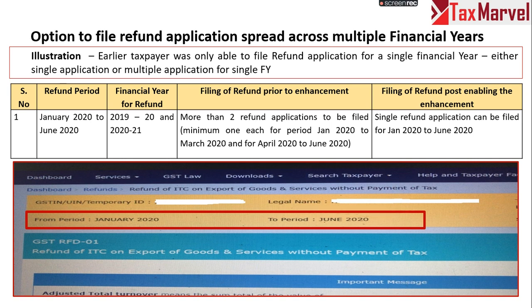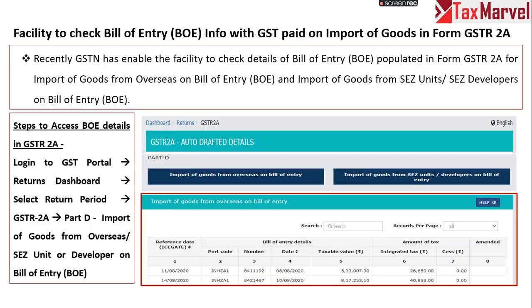So this will also help the taxpayers with lesser compliance, where they can file a refund application across multiple years, and the tax authorities will also find it better for processing refunds across multiple financial years, where the number of refund applications to process will be lower than the present refund applications.